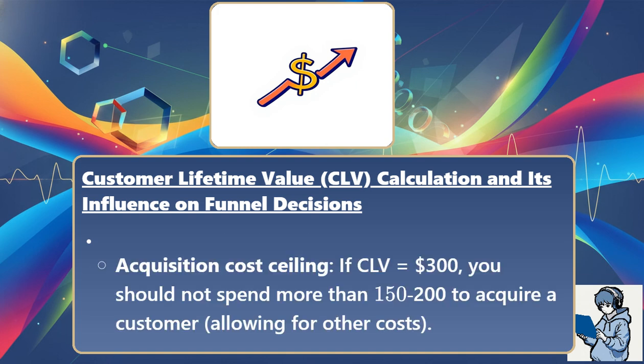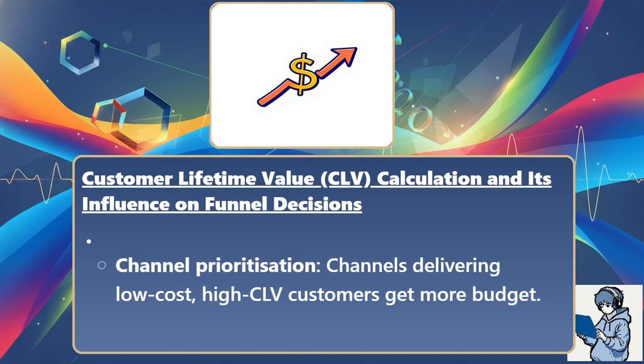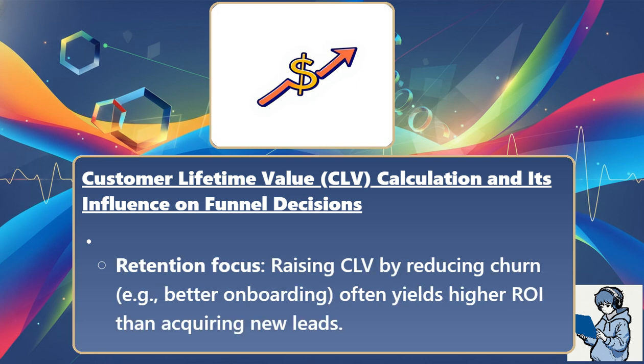Acquisition cost ceiling: if CLV equals $300, you should not spend more than $150 to $200 to acquire a customer, allowing for other costs. Channel prioritization: channels delivering low-cost, high CLV customers get more budget. Retention focus: raising CLV by reducing churn, for example better onboarding, often yields higher return on investment than acquiring new